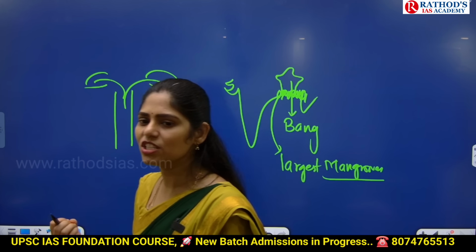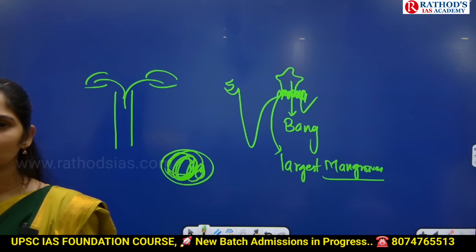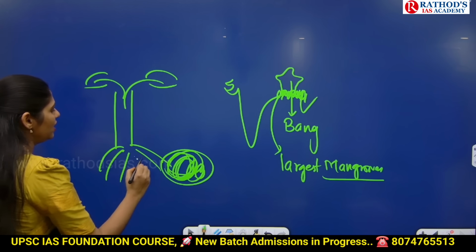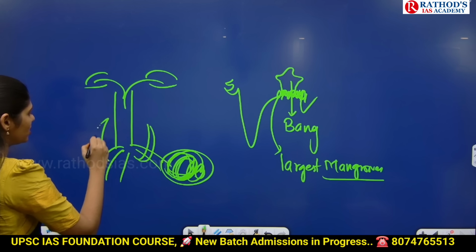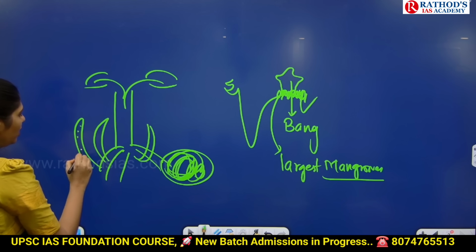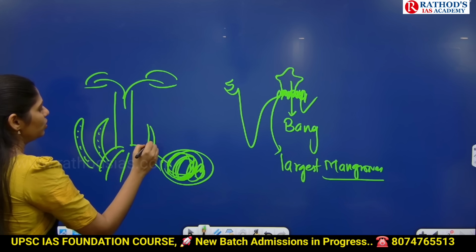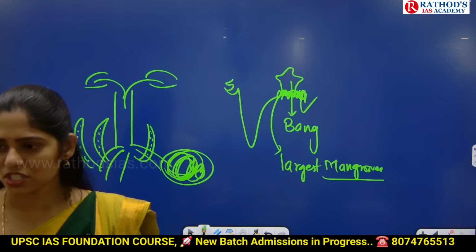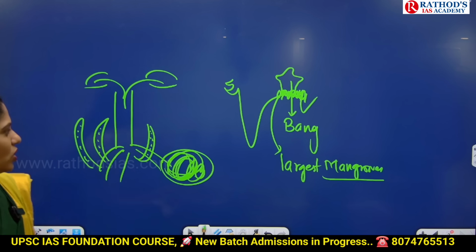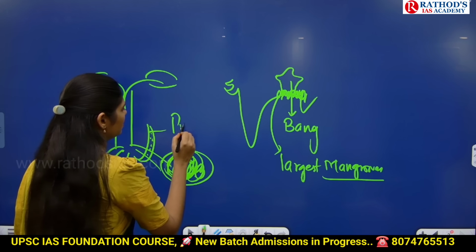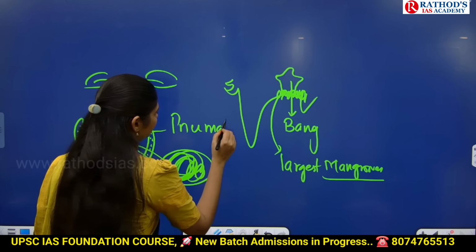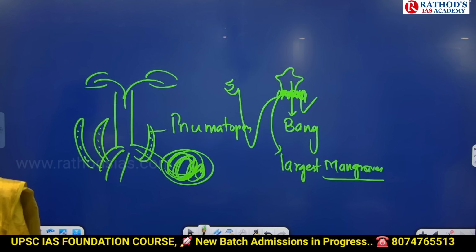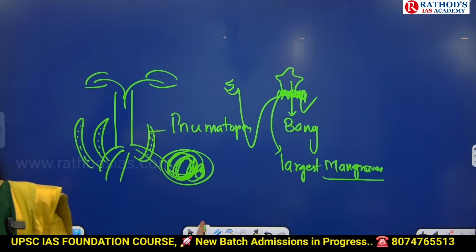That air space in the soil is very important for the plant. So because of this, of the roots which go inside, some roots come outside like this. On these, they have pores. Through these pores, they absorb the air which is required for those trees. These are called pneumatophores. That is one feature that you have to remember related to mangroves.